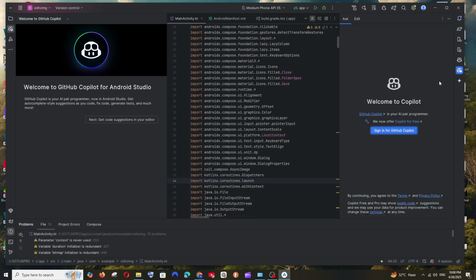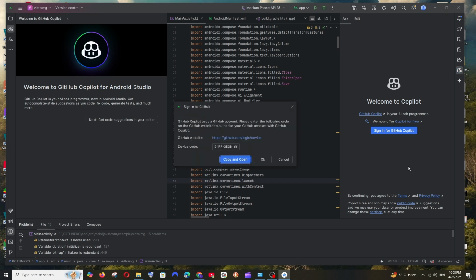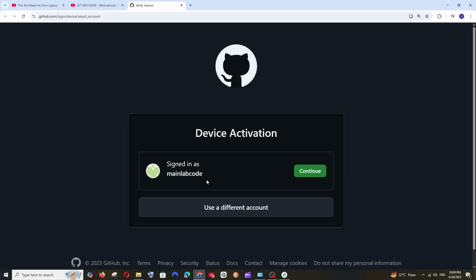Just click here, and as you can see, it's saying sign in for GitHub Copilot. Just click here. So basically, if you just click here, it will take you to the browser where you need to sign in with your GitHub account and paste this particular code. So just click here, and here I'm already having my GitHub account in the browser, so I will just click on continue,